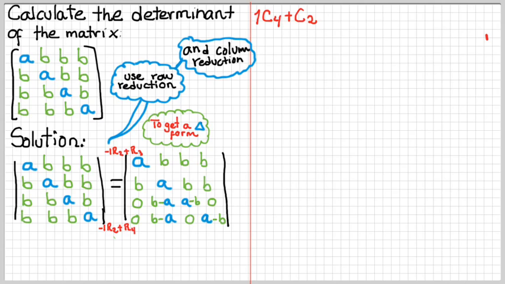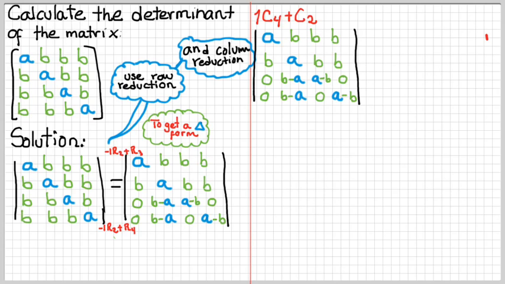So the next operation that I'm going to do is not a row operation, but a column operation. I'm multiplying 1 times column 4 plus column 2. Why I'm doing this? Because I see that the last entry of column 4 is the negative of the last entry of column 2. Therefore, if I add them, I can make 0 this part here. So I'm performing this operation,